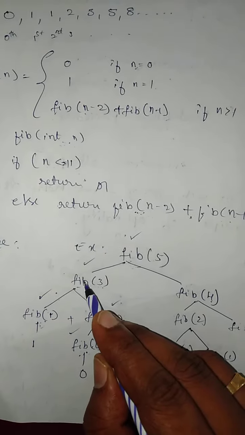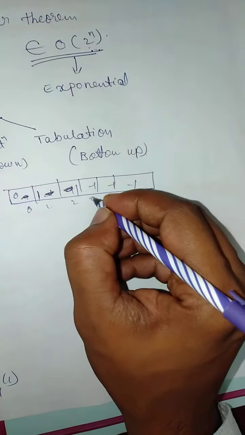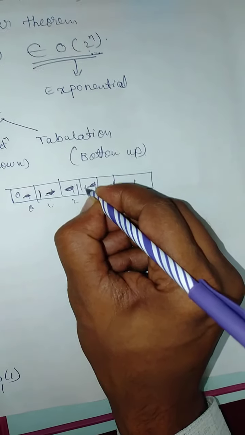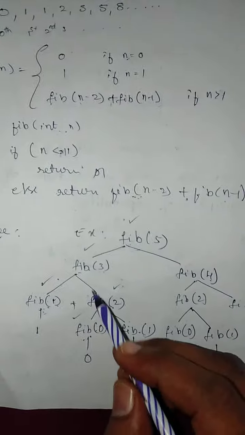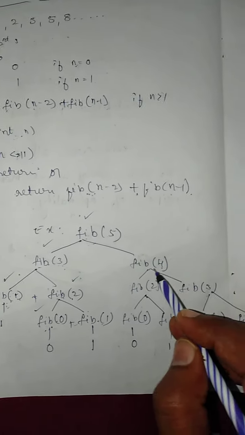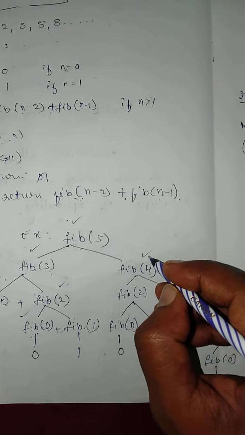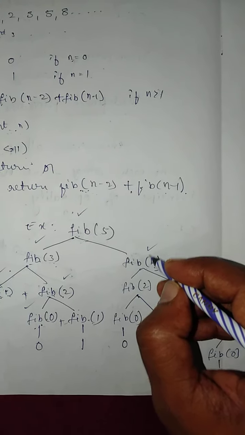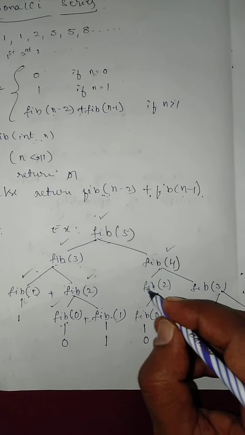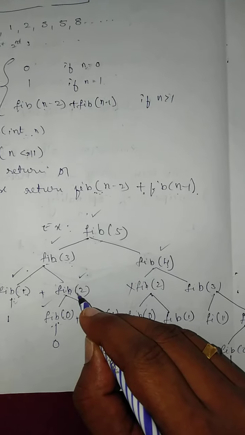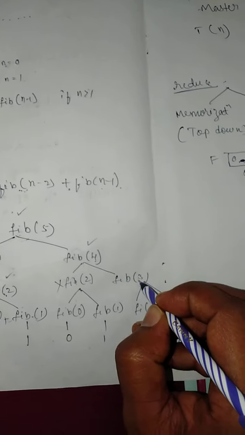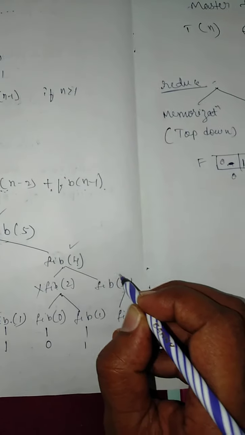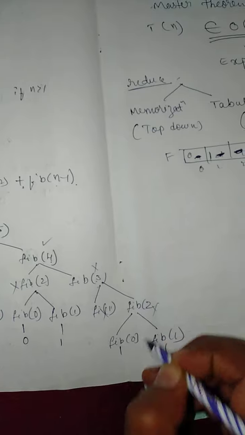Okay. Next, fib of 3: these two values are added, fib of 1 and fib of 2, which is nothing but 1 plus 1, which is 2, right? Next, fib of 4 is called, right? So fib of 4 is called, and in turn it calls fib of 2. So you need not call this fib of 2 now because it is already called, and what is the value of fib of 2? It is 1, right? And fib of 3, you need not call fib of 3